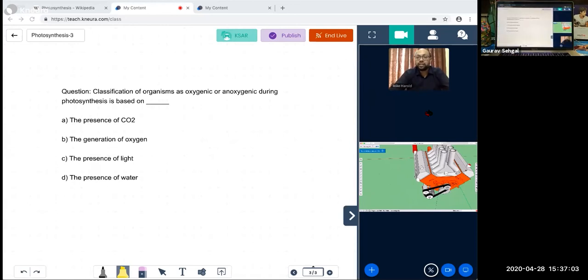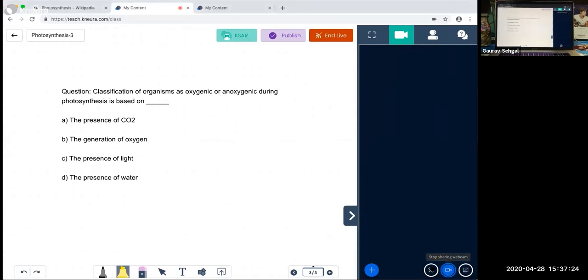So if you see here in this entire Neura platform, screen sharing is just one of the options. There are a lot of tools that are already combined together as a part of Neura. So now let me go back and stop the screen share. Let me stop my video as well. Okay, so this is a quick view of the video conferencing functionality and how a live class or a virtual class can be taken up.